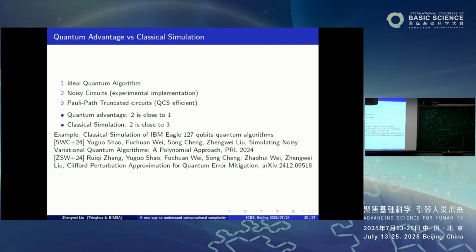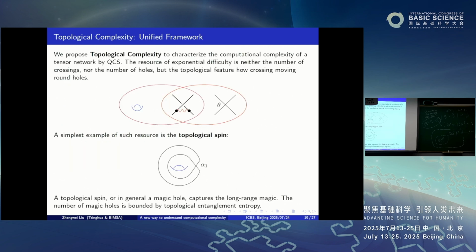So after we have that, then we can combine the two methods together. Let me go back. We can combine two methods together. So how do we compute the Clifford part? That's essentially saying, how do we design an algorithm to compute both? And the interesting part is, if we have a hole in the diagram, if everything surrounding the hole is just Clifford, then we can remove the hole. And this algorithm is similar to the original Clifford algorithm. If we just look at the hole and all the graphs surrounding it, if it's just this kind of braided diagram, then we can remove the hole.